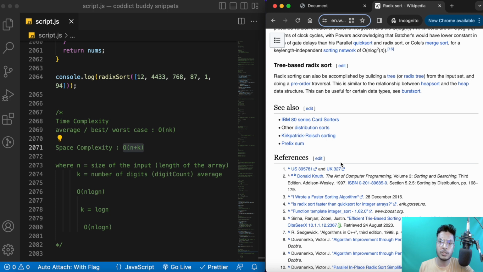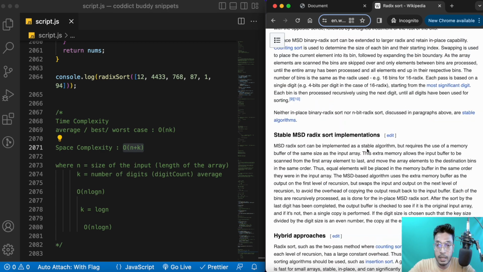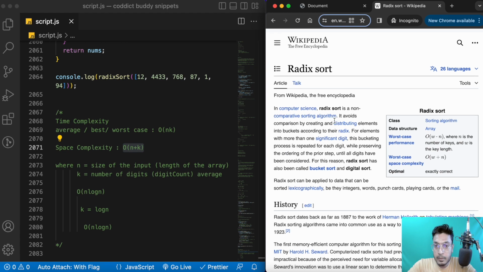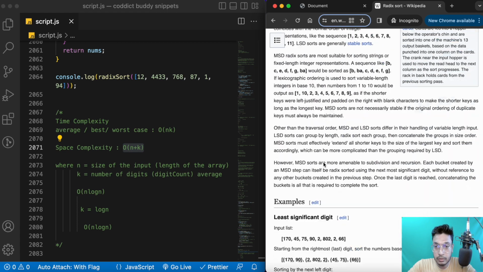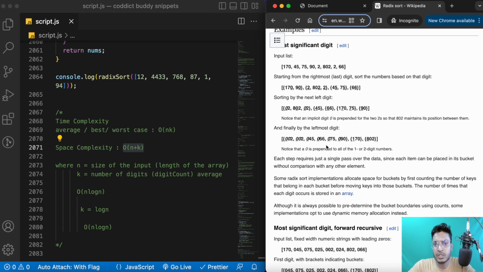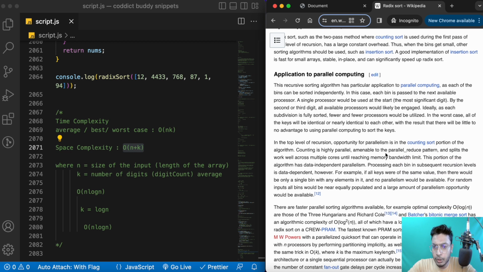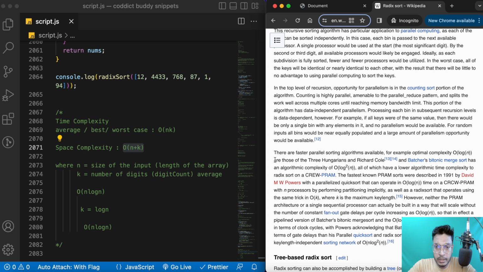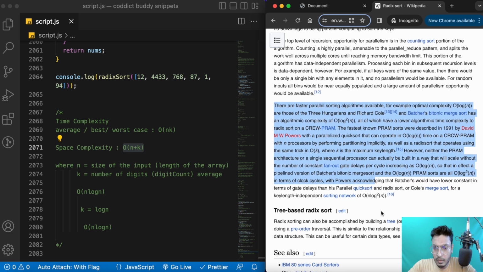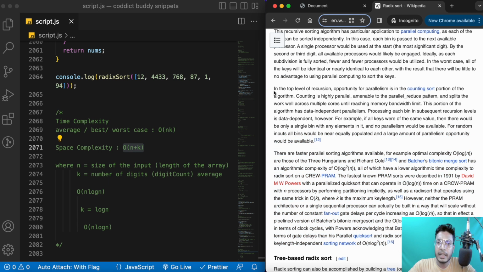If you are curious to learn more about the controversies or the things I just discussed in the past few minutes, here somewhere it must be mentioned. Let me quickly check, or otherwise you can search radix sort Wikipedia and you will land on this article. You can check that on your own, that's not a big deal. Here they have mentioned something like O(log n), some sort of stuff. If you have time then you can read this article. It is insightful, but